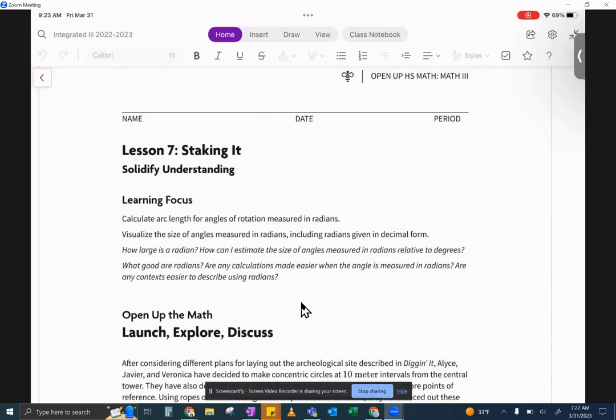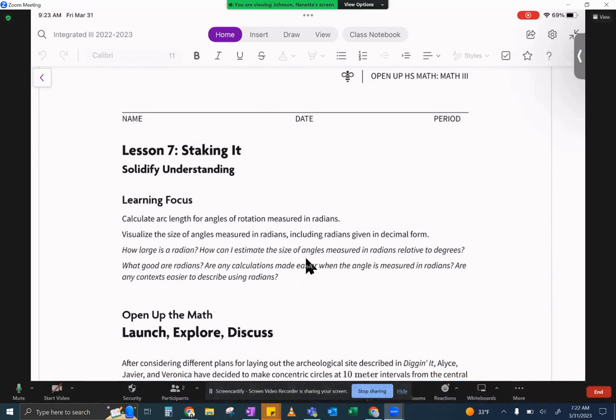Are any calculations made easier when angles are measured in radians, and are any contexts made easier when you're describing that? I've already talked about why I like radians better, and at first I'm going to tell you the transition seems a little funky. Why do we have to have two sets of measurements? But all these questions will help highlight